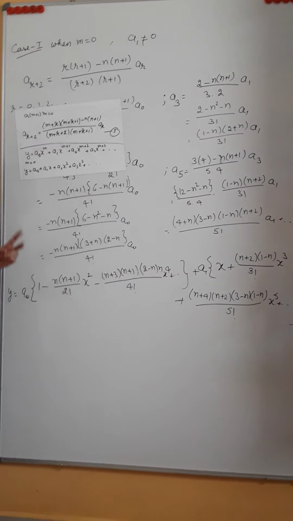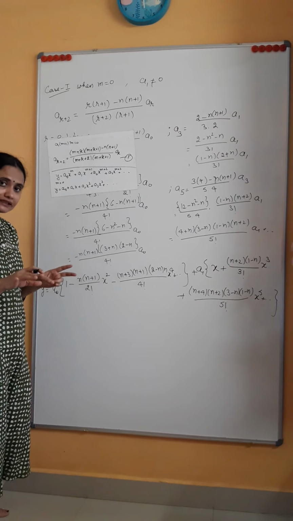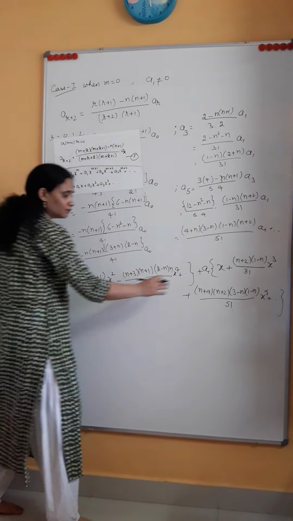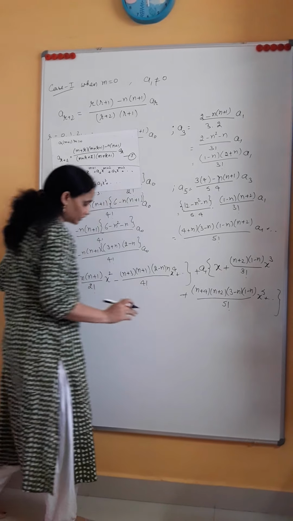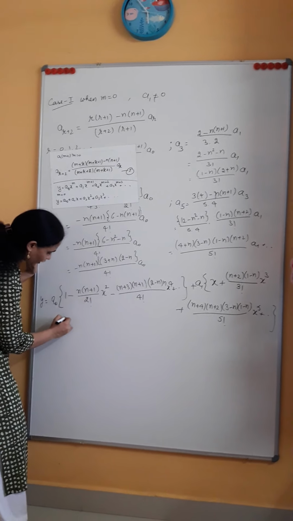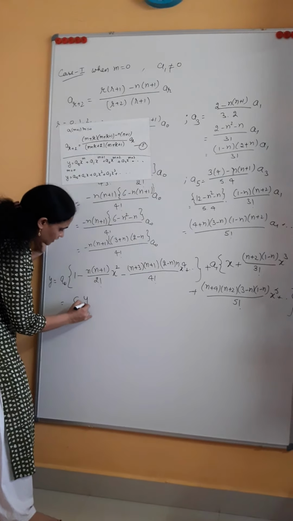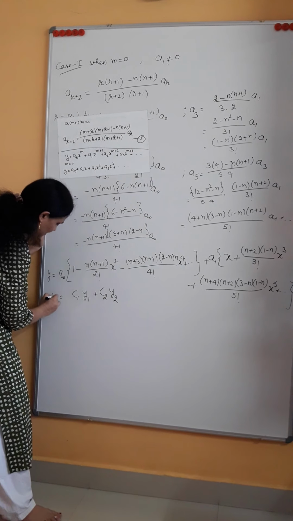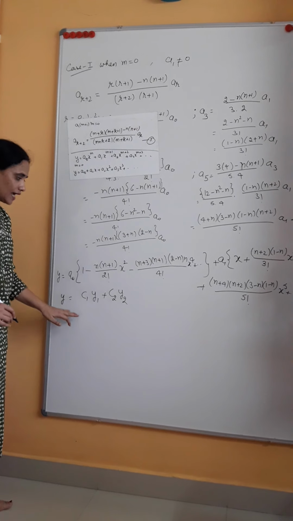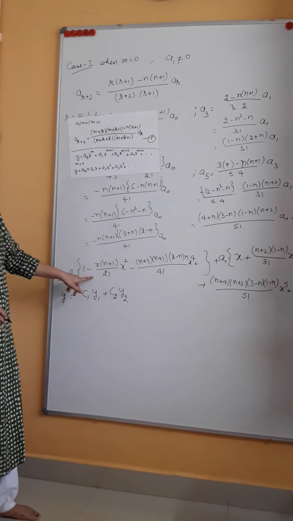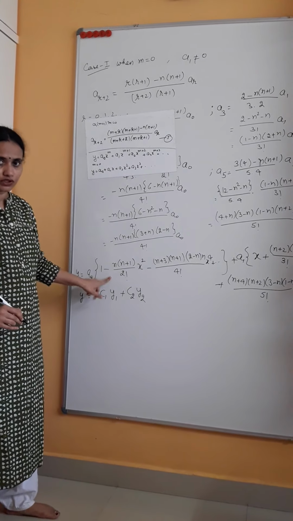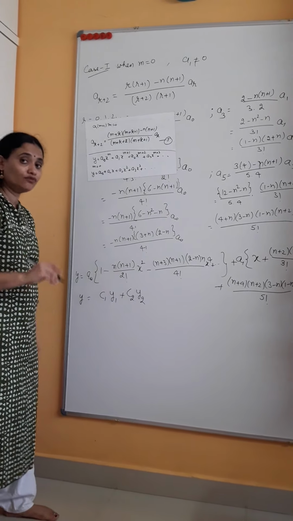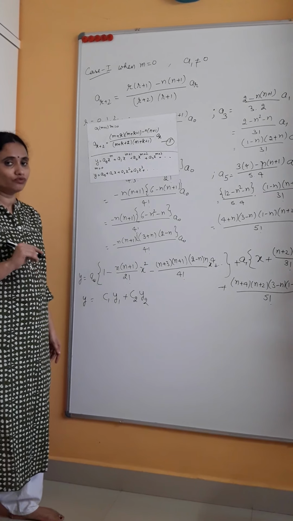Now you see, for a second order differential equation or in Bessel's equation, we were having a constant into one function plus some other constant into a second function. So can I write that I have got the solution in the form of c1 y1 plus c2 y2. This is for the case of m equal to 0. So this is what we are getting for m equal to 0. Okay, so this is the one solution. Now let's see what we are getting for m equal to 1.